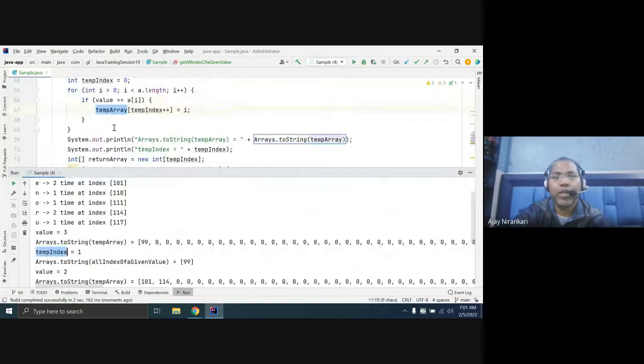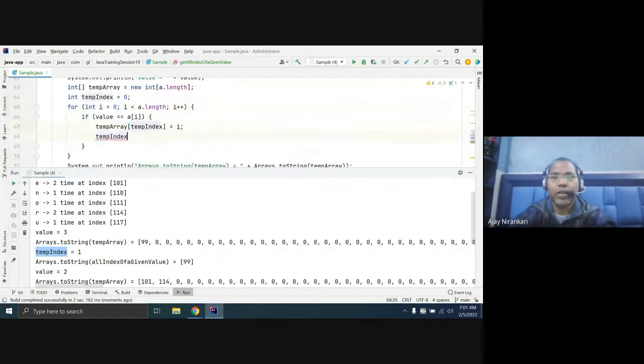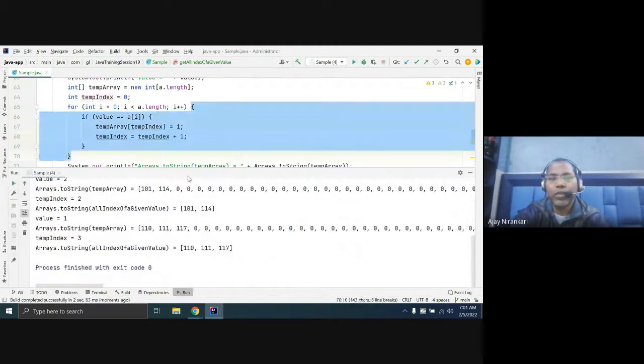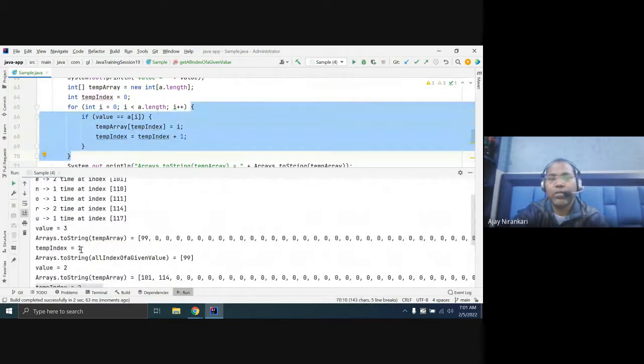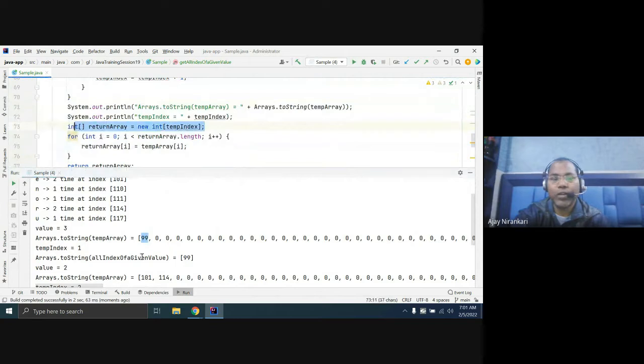Here, instead of writing it the confusing way, you write index equal to index plus 1. Is it clear? So now the index would be 1. Whenever you come out from this loop, you know your index is 1, because only one position value is stored, and next time we create a new array for only one length.